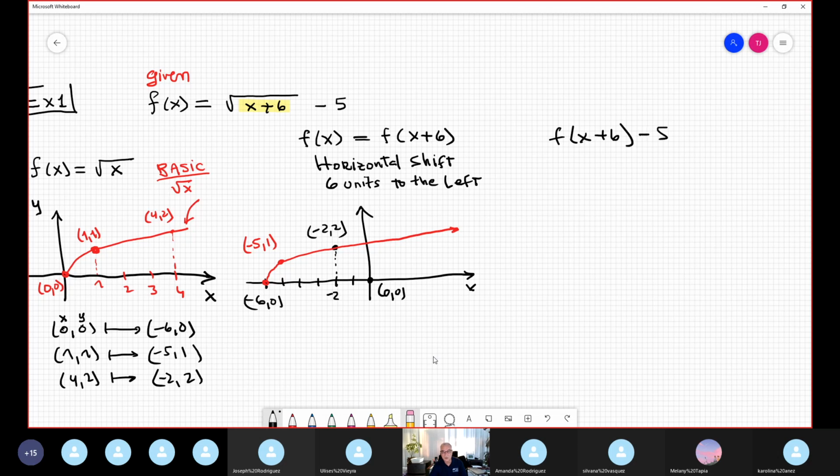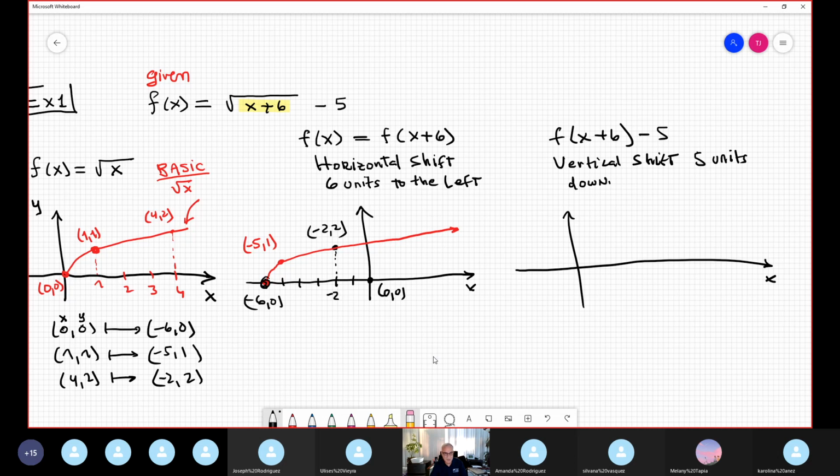Minus 5 is a vertical shift, 5 units down. Okay. So actually, my final answer after the two transformations was, okay, this point now is